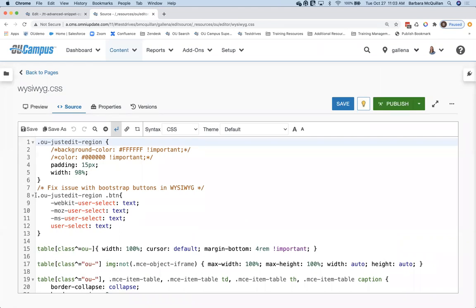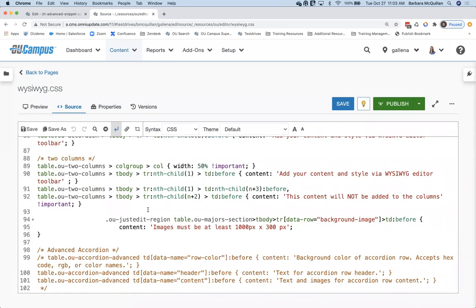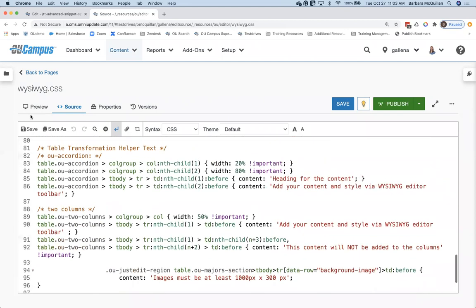So if you have some sections of your site where maybe you have white text inside the editor, by default, it's a white background. So that becomes very difficult to edit in. So you can use this file to adjust the background color for just that one editable region, so your white text appears on a color background. It's easier to see. If you do already have any helper text set up, you will find them inside this file. I'm going to scroll all the way down to the bottom, and we'll take a look here, starting on my line 81.